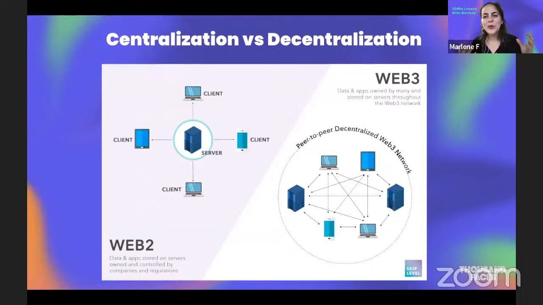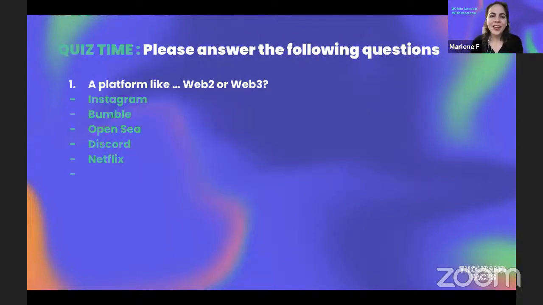So yeah, this is just an image to again show you how in Web2 there was someone in the center, a server in the center that was communicating between devices, that was communicating between users. And in Web3, it's really peer-to-peer. We're communicating with each other. There's not an in-between. So I thought this visual image could be a nice addition. And it's really showing the concepts of centralized versus decentralization.